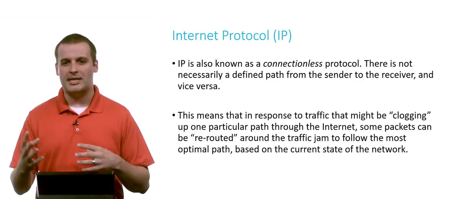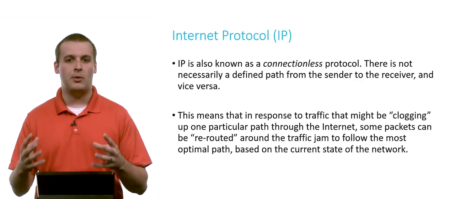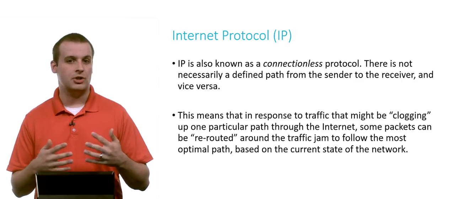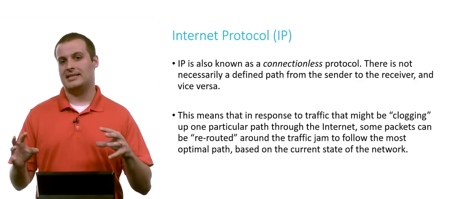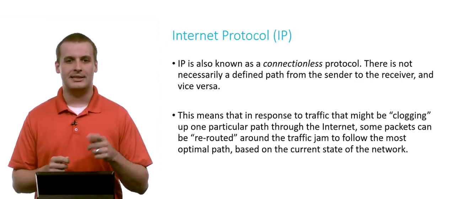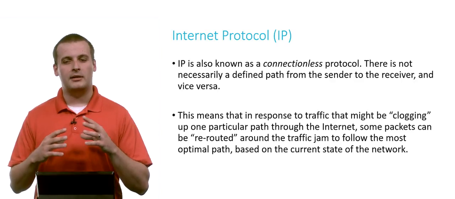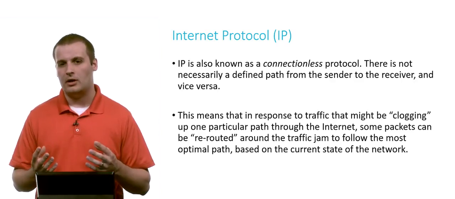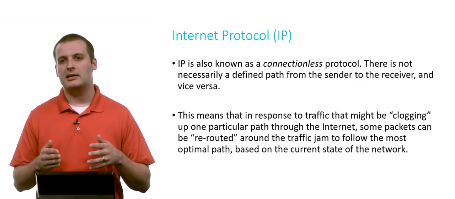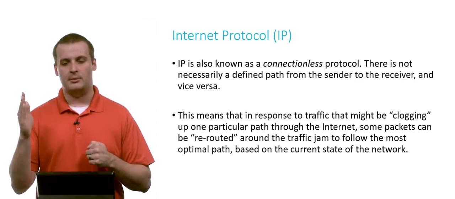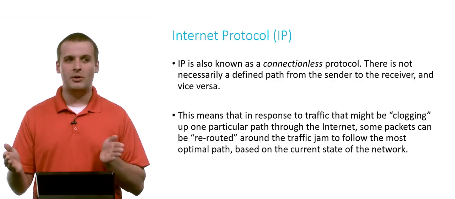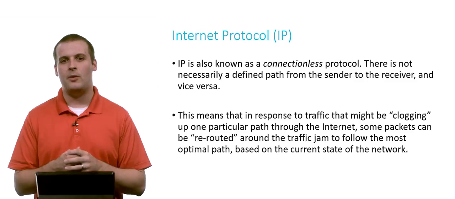And the router network, in addition to having information about where packets should go or where data should go, also has this general pulse on the state of its local network: what's going to happen if I send it down this path versus this path. And so in light of heavy traffic situations on the network, maybe things get routed a more generally inefficient way, because if we go the regular way, there's going to be a lot of traffic. The highway is completely jammed, so maybe what we'll do is instead take side roads, which ordinarily would take a lot more time, but no one's really using those side roads, and so we can route our packets that way.